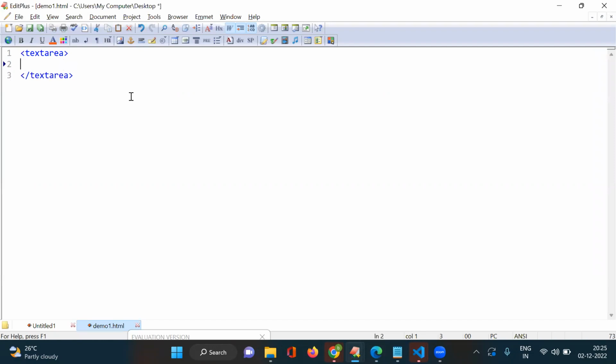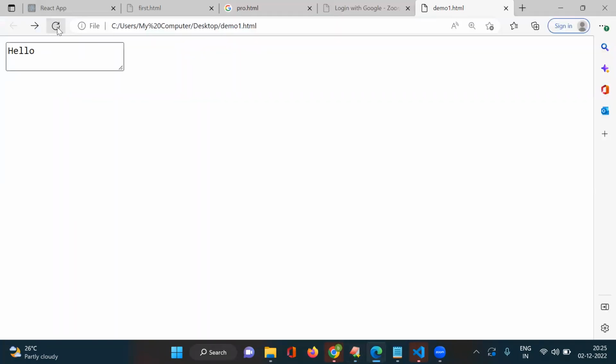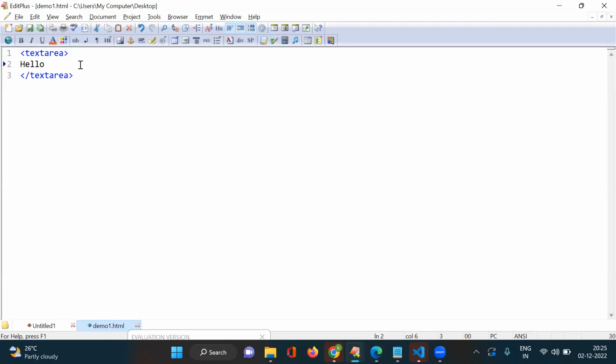Inside this text area, you can display a text message. Hello is the text message I have given here. Now, if I refresh the browser, is it displaying hello or not? Yes, sir. Now, my question is, if I place an image control in this text area, img source is equal to